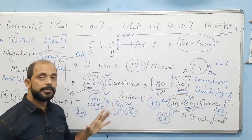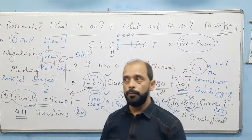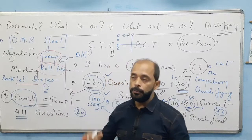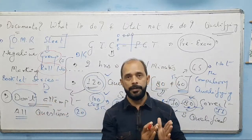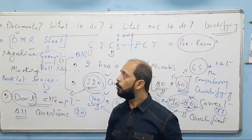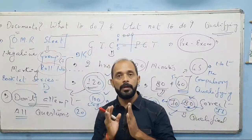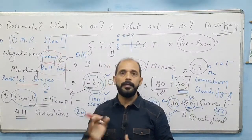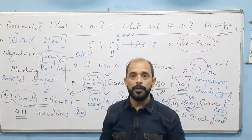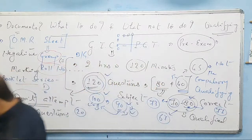So see here the point, and this is the exam planning. What I want to say to you is, before you leave the exam hall, and before you hand your OMR sheet to the invigilators, you must have a look over your OMR sheet once again. You find them properly filled, and only then hand it over. And all the time be very careful whether you are making your signature, whether you are filling anything, your attention should be there on it properly. So I think that if you pay proper attention,